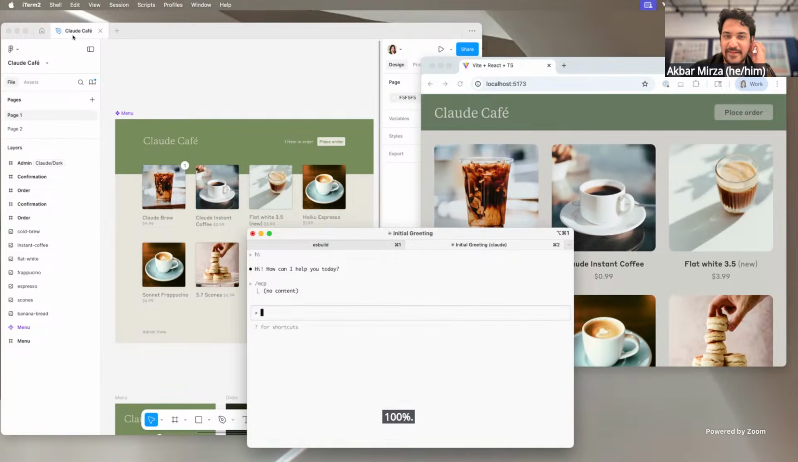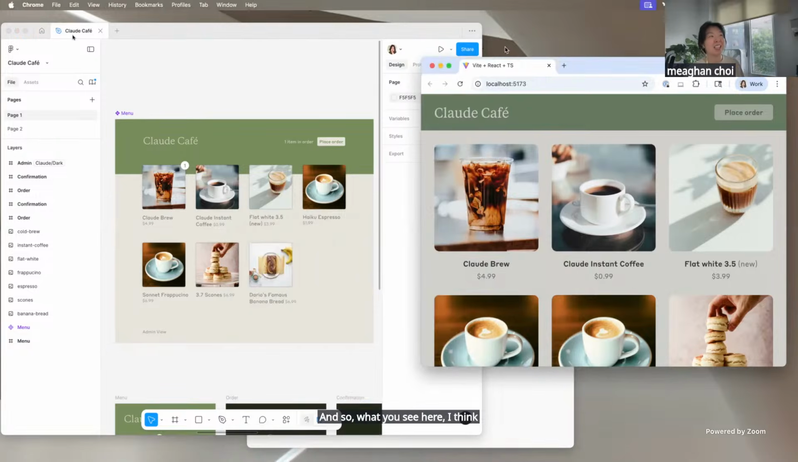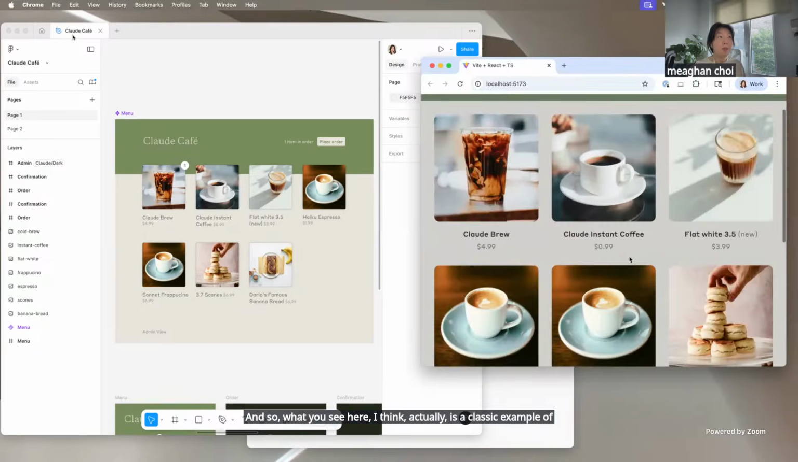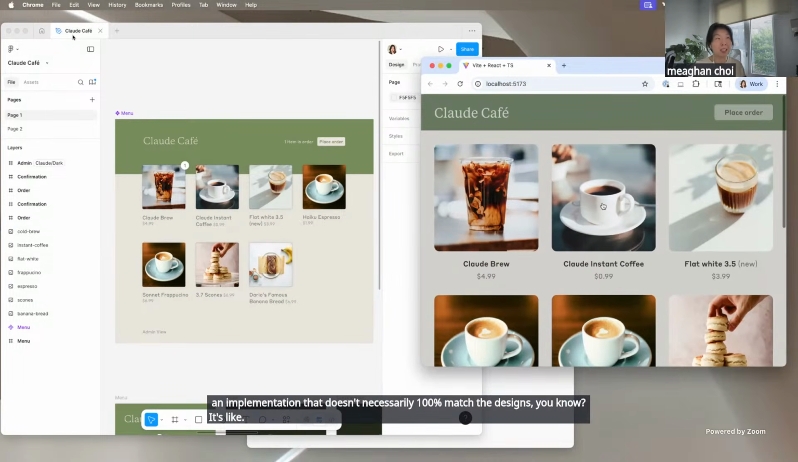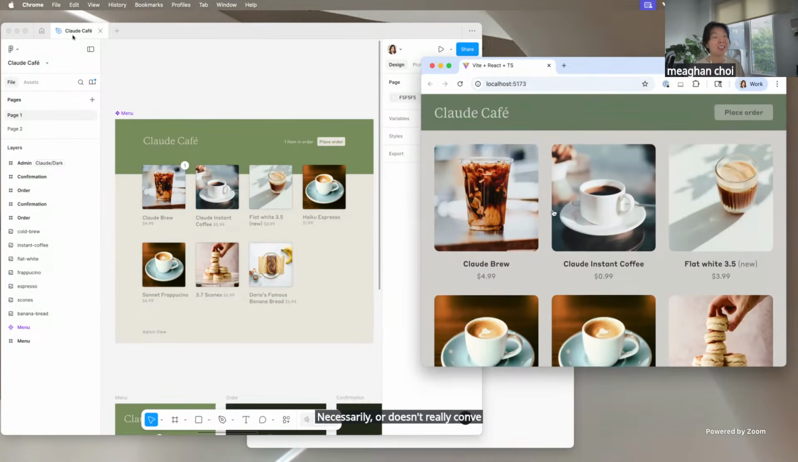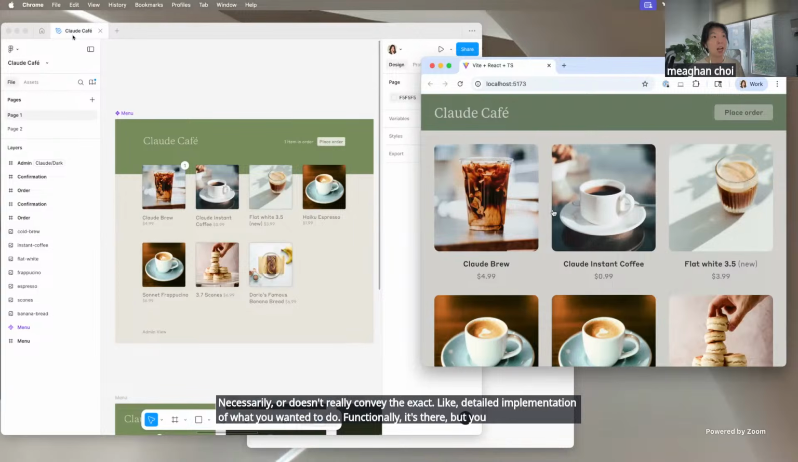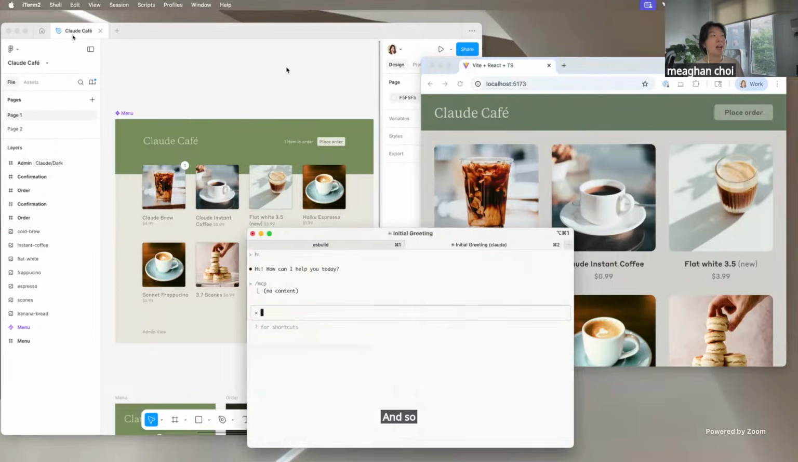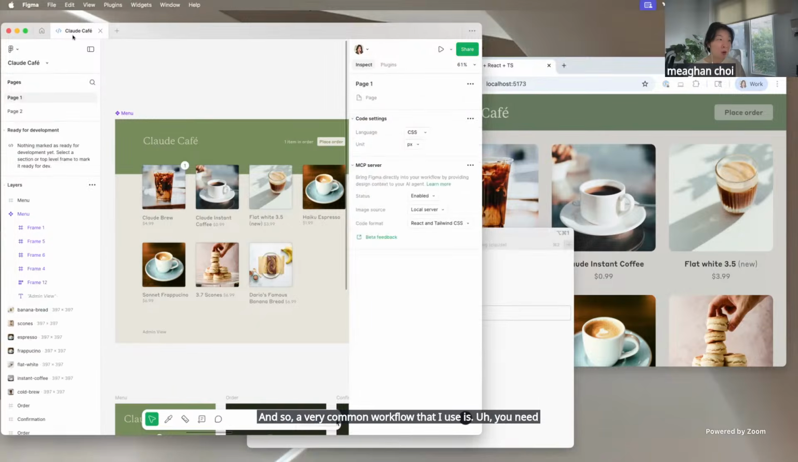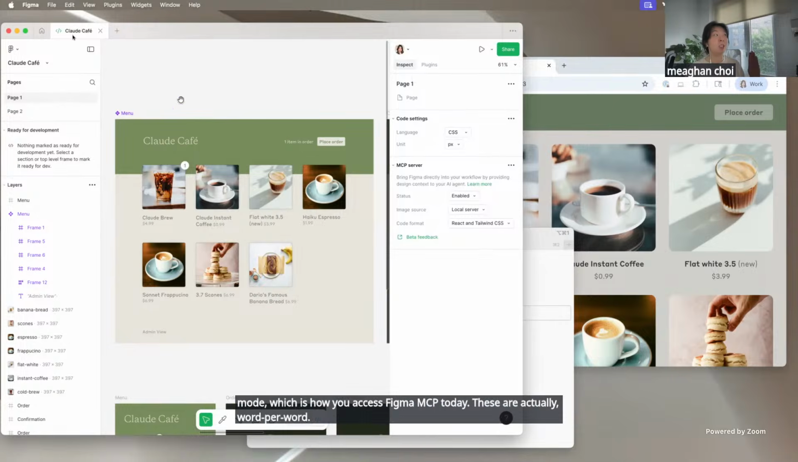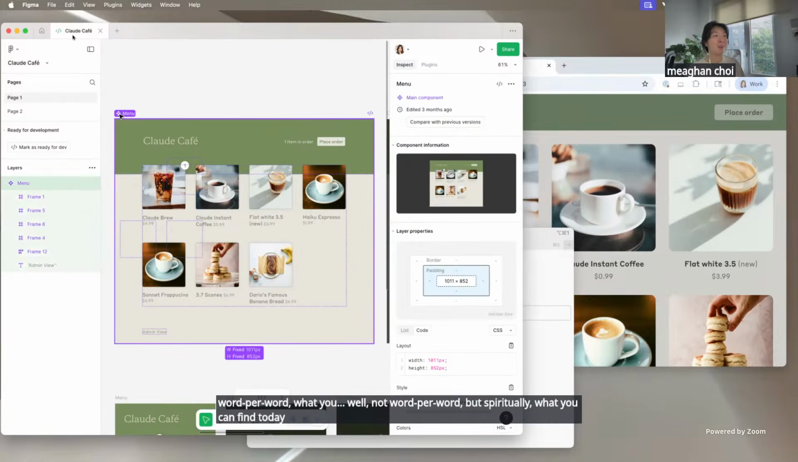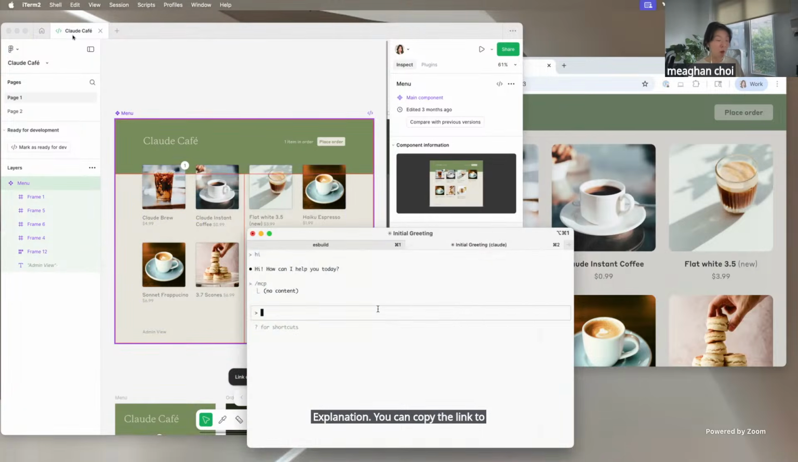100%. And so what you see here, I think actually is a classic example of an implementation that doesn't necessarily 100% match the designs. It doesn't really convey the exact detailed implementation of what you wanted to do. Functionally, it's there, but you really want to get it up to spec. And so a very common workflow that I use is you go into dev mode, which is how you access Figma MCP today. If you go to the Figma MCP server explanation, you can copy the link to selection. And then what I do is I say